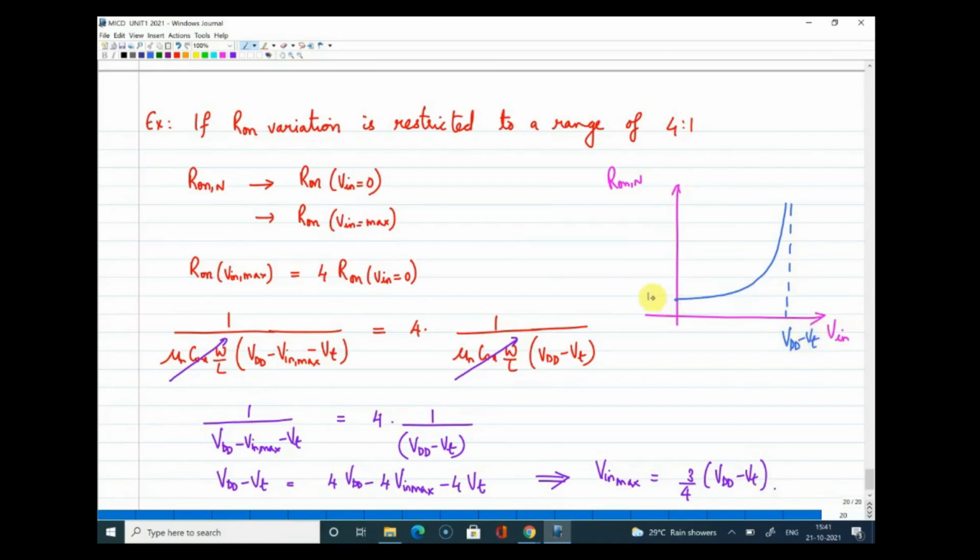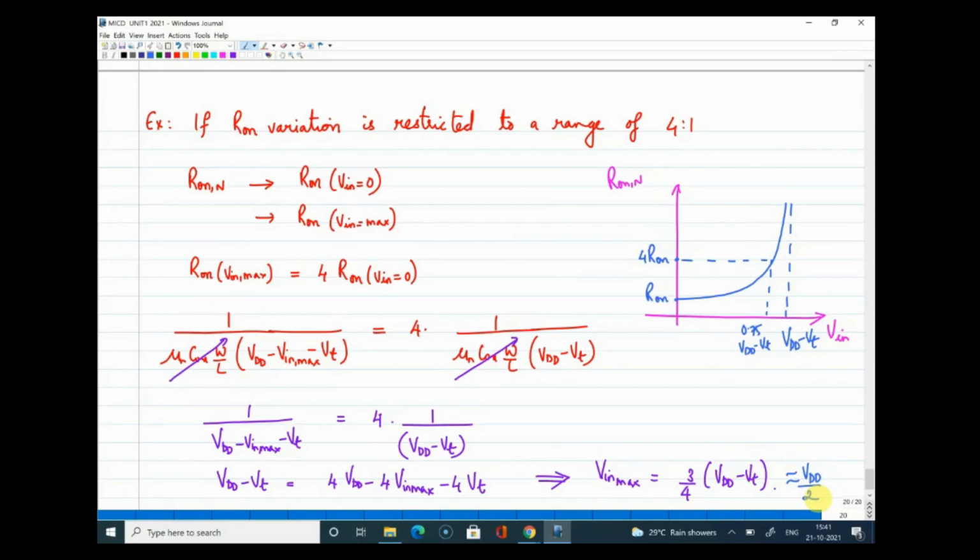So say this is R on, and we may go up to 4 R on, where this is 0.75, 75% of this VDD minus Vt. But in some technologies, say if this value comes to around VDD by 2, then this also will give you some kind of swing limitation, because